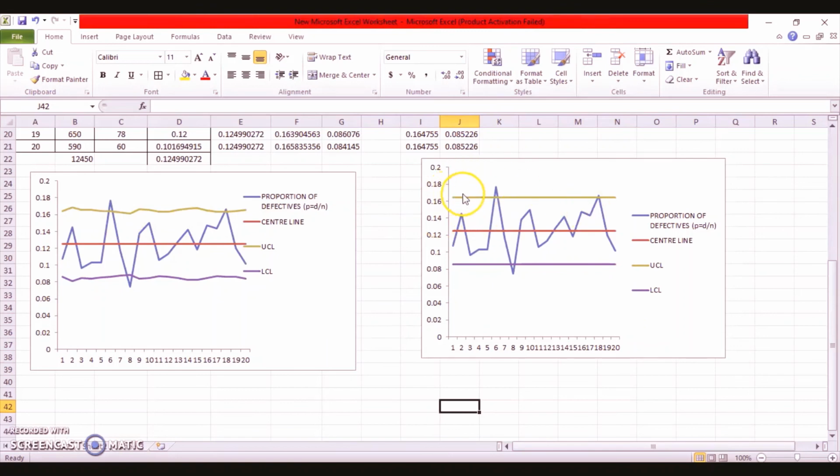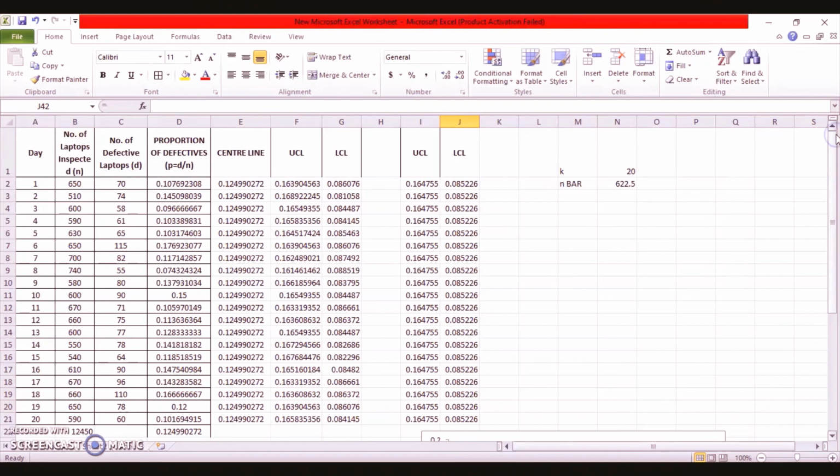Here you can see there is a straight line for the upper control limit and lower control limit. And how did that happen? By putting an average of the sample size. So this is the difference between the two approaches, with the help of which we try to understand how to prepare a p-chart for variable sample size. In the first approach the control limits of the p-chart are calculated for each sample, and in the second approach the control limits are calculated using the average sample size.